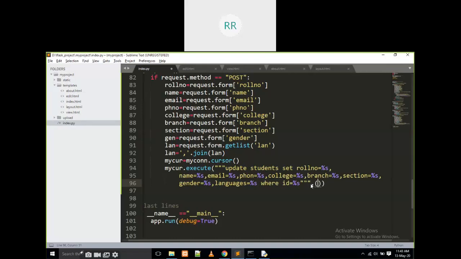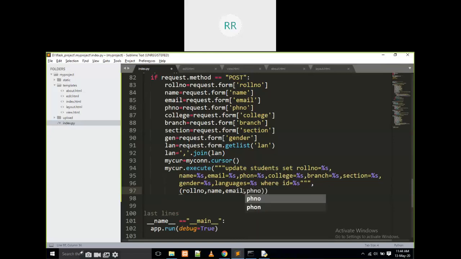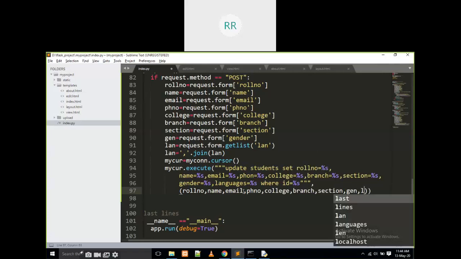Then I put a comma and write the values: roll number, name, email, PHNO, college, branch, section, gender, language.